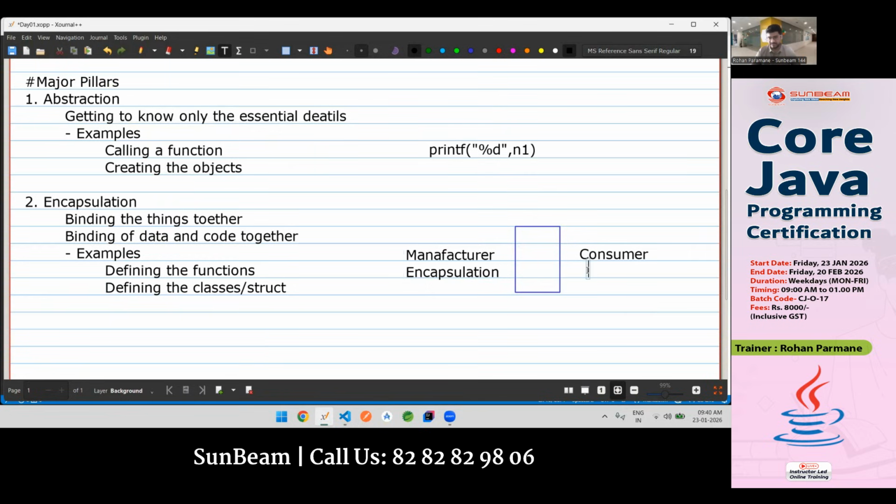But for a consumer, what is it? The consumer doesn't care how it is bound. For him, the only thing is क्या उसके अंदर 100 मेगापिक्सल का कैमरा है, 6000 mAh की बैटरी है, and if so, I am interested. वो बैटरी ऊपर लगाओ, नीचे लगाओ, राइट पे लगाओ, लेफ्ट पे लगाओ, I don't care. वो कैमरा का होल left हैंड साइड पे हो, सेंटर पे हो, राइट पे हो, I don't care,